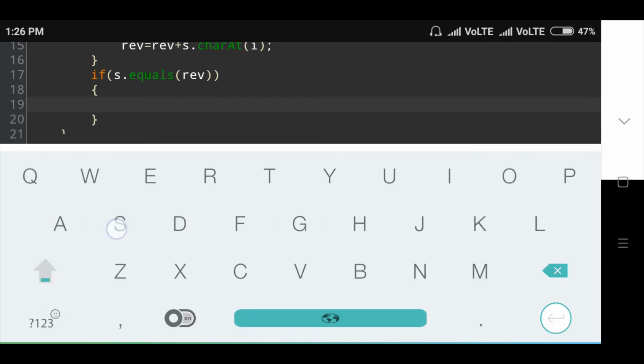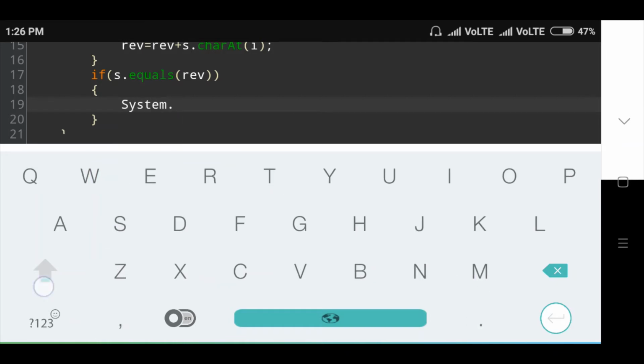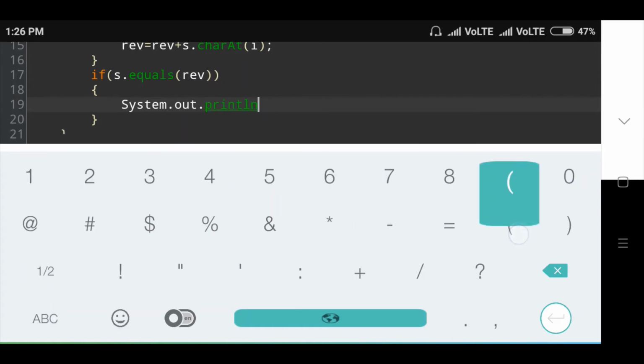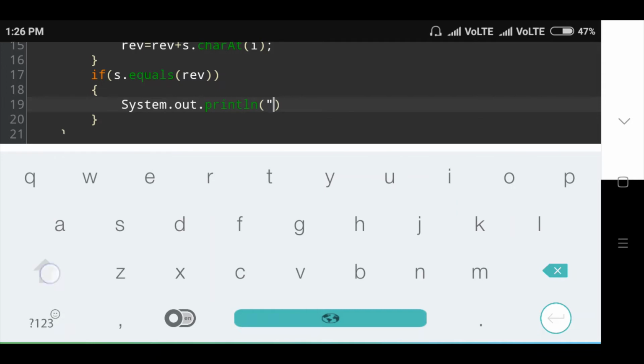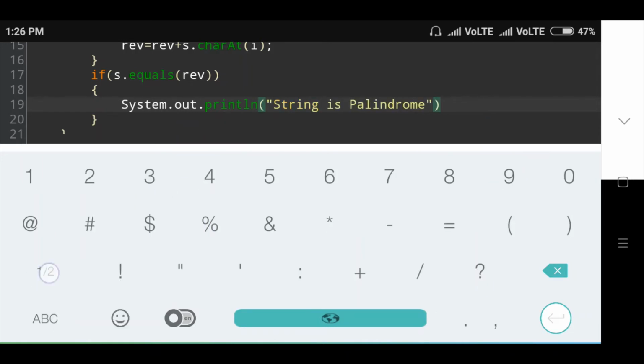Then I am printing the message: System dot out dot println in brackets, "String is a palindrome". Then semicolon.